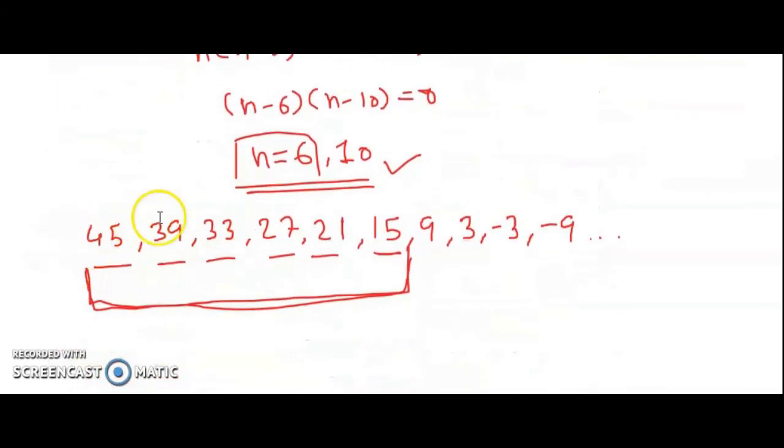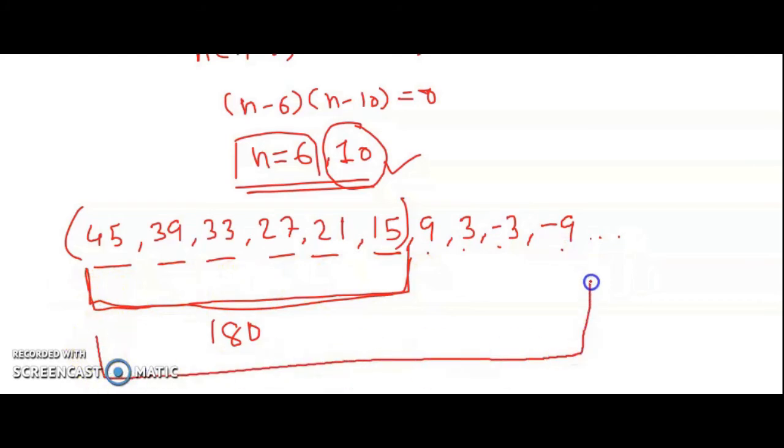For example, if you take this 6th term, then the addition will be equal to 180. Now instead of this 6th term, if you consider the 10th term, and 10th term means this is 7, 8, 9, 10. If you consider this whole series, then also the addition will be 180 only, because if you see here,